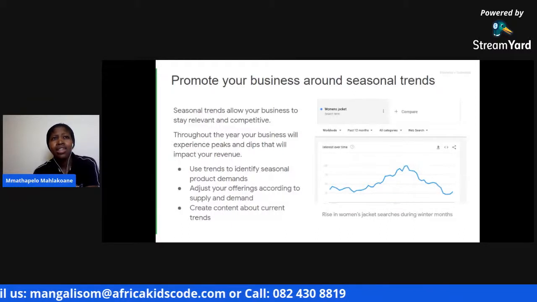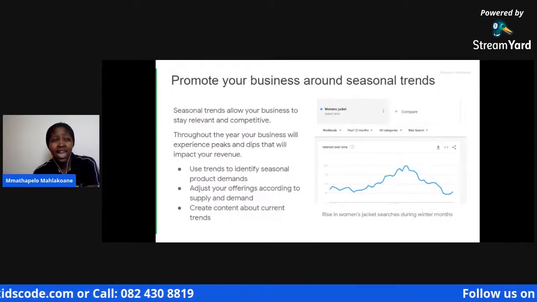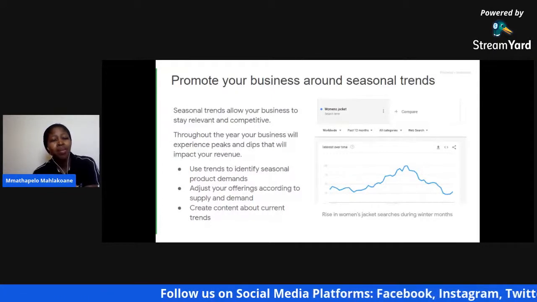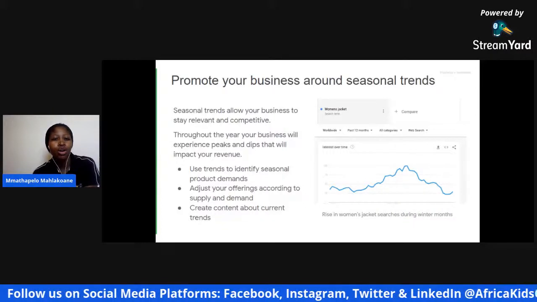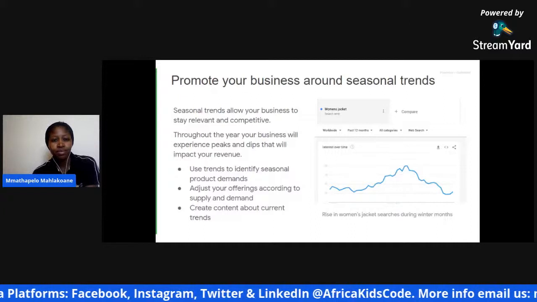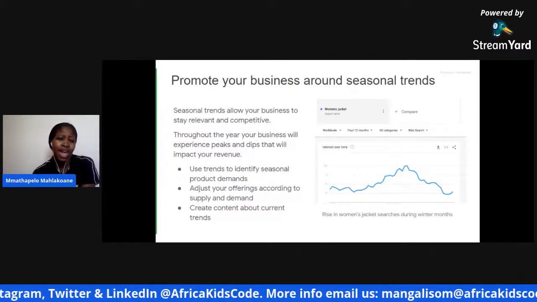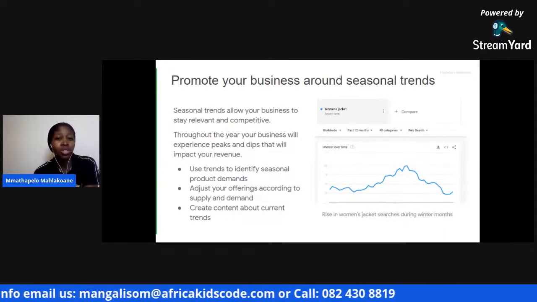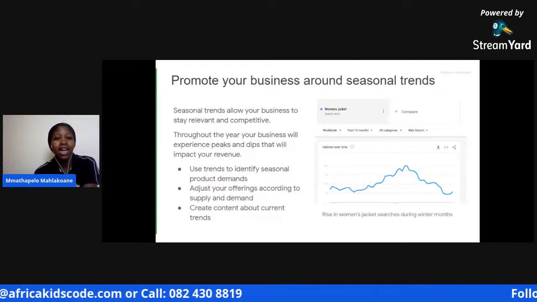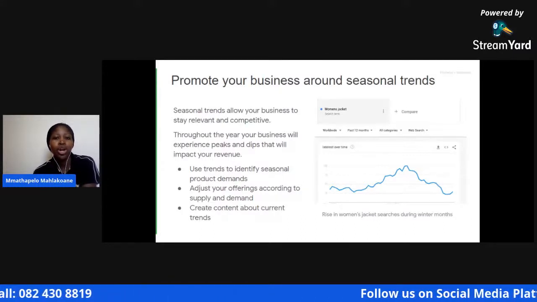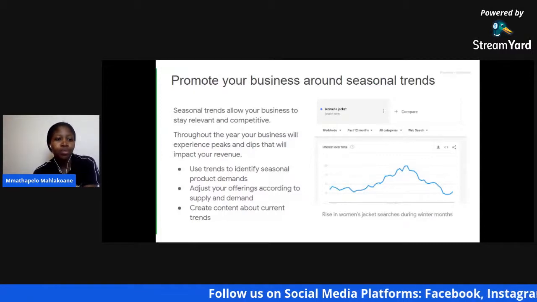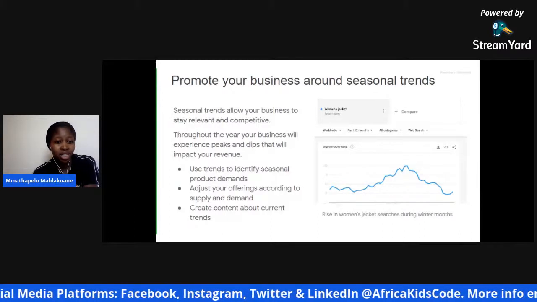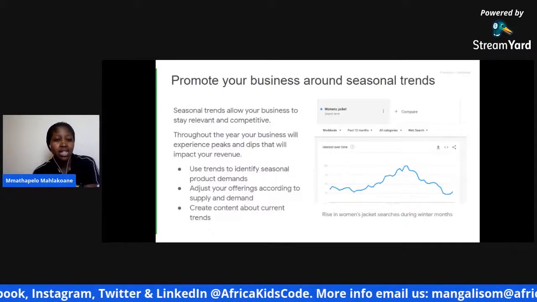I mean, others are selling magwinya, which is fat cakes, around summer or spring. But remember, it's fat cakes. Obviously, there is a lot of fat in them. So maybe try to sell cupcakes during summer and spring, and then between autumn and winter, you can sell those fat cakes. You need to check those kinds of trends when we talk about seasonal trends. So adjust your offerings according to supply and demand, as I've mentioned. Check which ones are in demand.